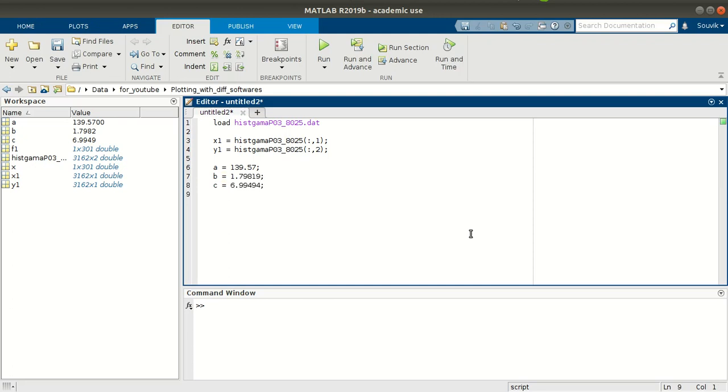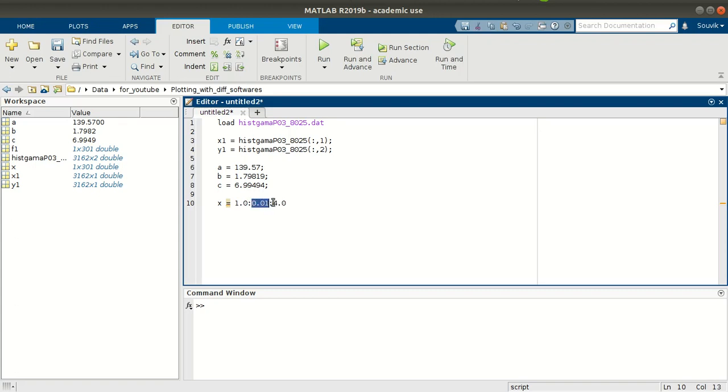Okay, so A, B, C are defined. Now let's define the range for the plot. The range is from 1.0 with an interval of 0.01 up to 4. The first is x minimum, the second is dx, and the last is x max, right? Now let's define the function, which is, let's say, f1.